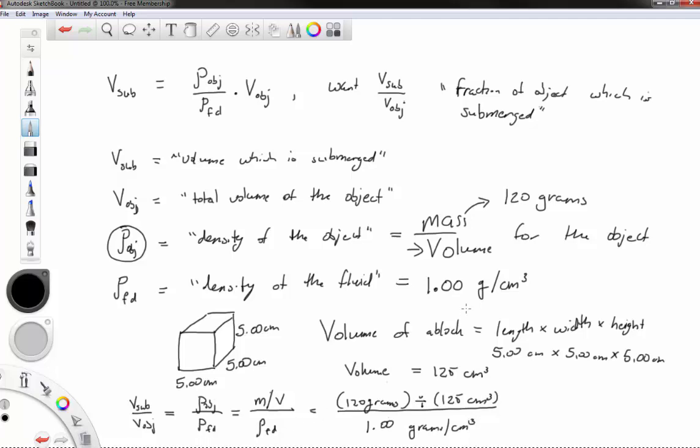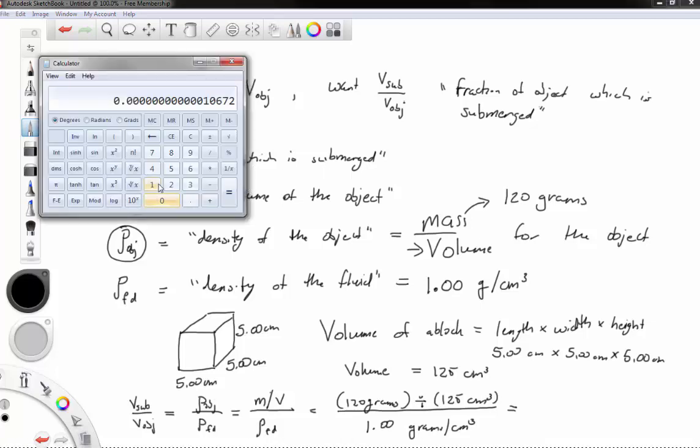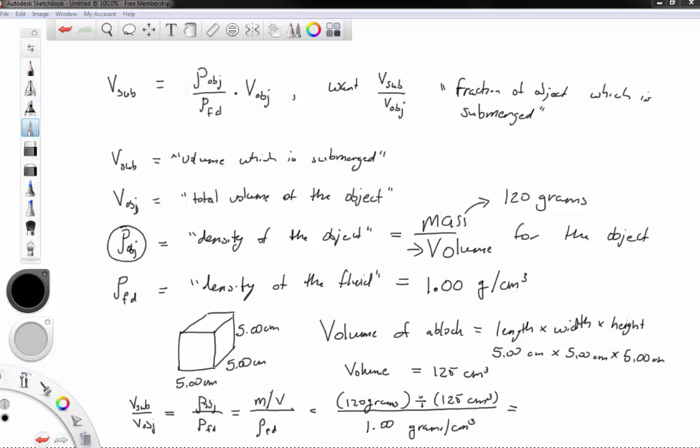So this one we've pulled from here because it's water. This one was given in the problem. This one we just computed above. If you put all this stuff into your calculator, what are you going to get? Well, you have basically 120 divided by 125, and that's 0.96. And divided by another 1 is still 0.96. It's just that we were able to eliminate the units, which is what we want to do. So the answer here is